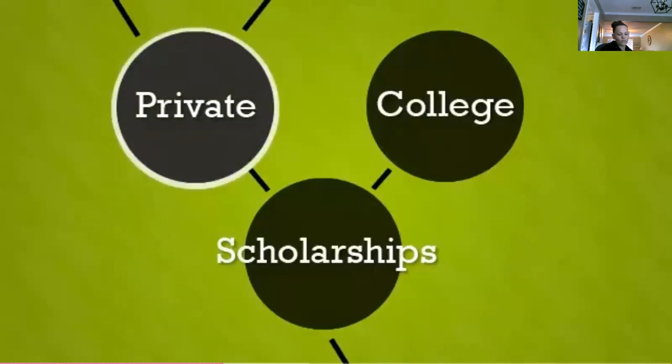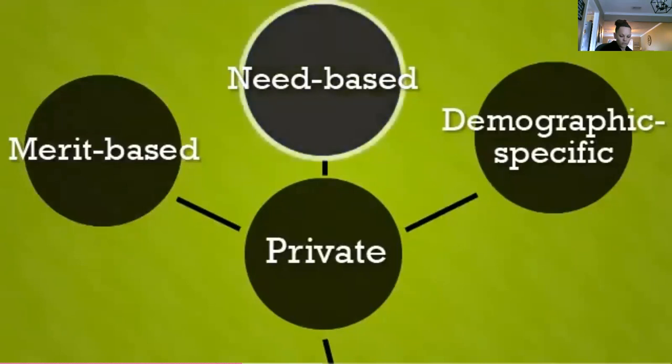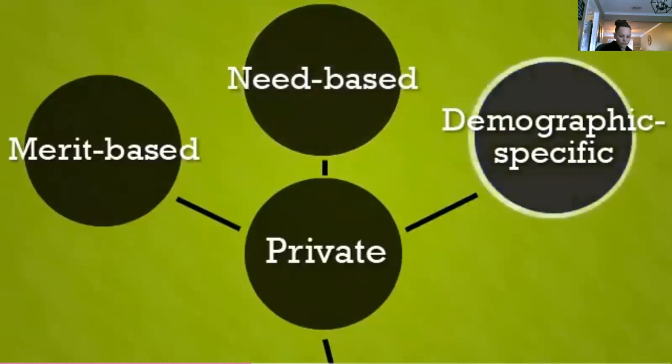These can come from corporations, community organizations, and nonprofits. Some of these are merit-based, which means that they're based on things like grades, volunteer work, and involvement in community and social organizations. Some of those private scholarships are need-based, which means that they're based strictly on the student's family income. Finally, some private scholarships are demographic-based, meaning that they're available to applicants in a particular category. This might be based on where you live or your ethnicity, whether or not you have children, or whether or not your parents went to college.